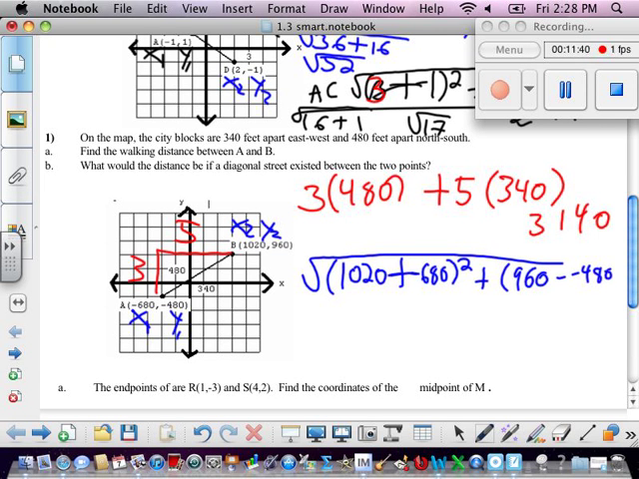Minus y1. 2 negatives make a positive and it's squared. Okay, this is why we want these calculators, because I don't think a lot of you want to do this by hand. So we hit the yellow button, x squared, which is right next to the 4, parentheses, which are next to 0,